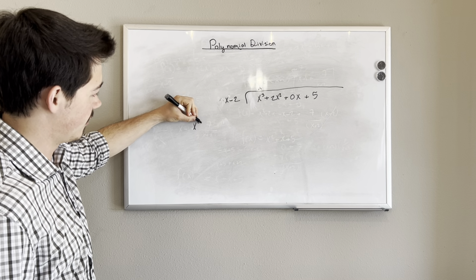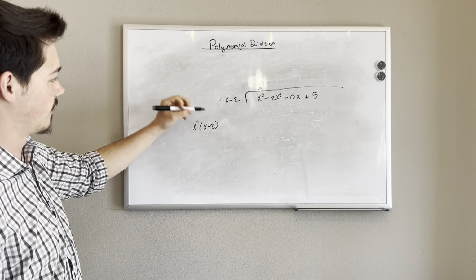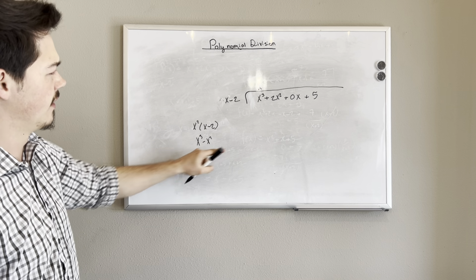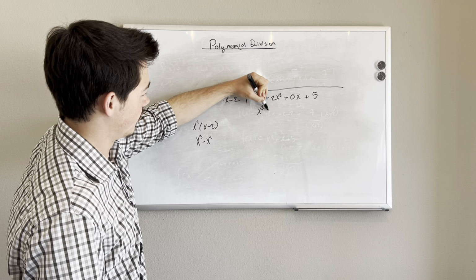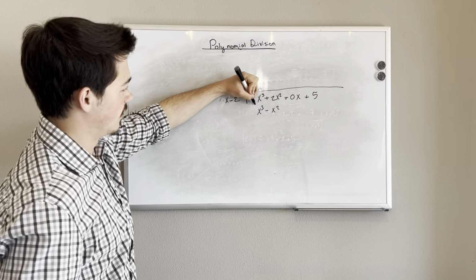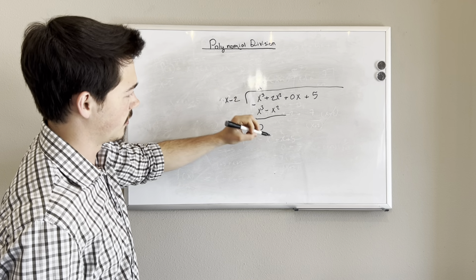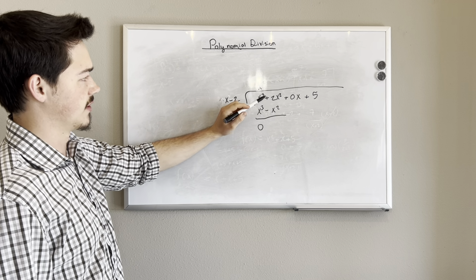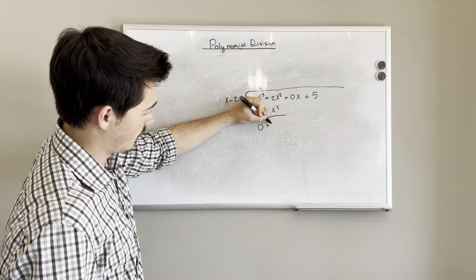So we'll apply that here, x squared times our divisor is x squared times x minus 2, which gives us x cubed minus x squared. This term goes up here underneath our original term, x cubed minus x squared. We're going to subtract those two terms. So we'll be left with 0 here, just going top down. 2x squared minus negative x squared is the same as 2x squared plus x squared, which means we have 3x